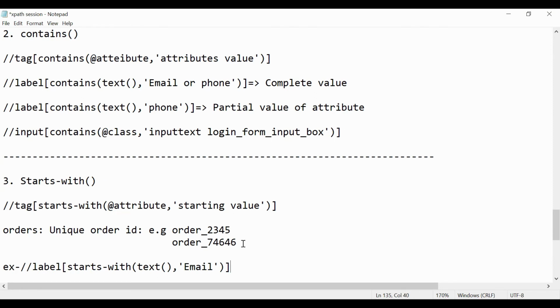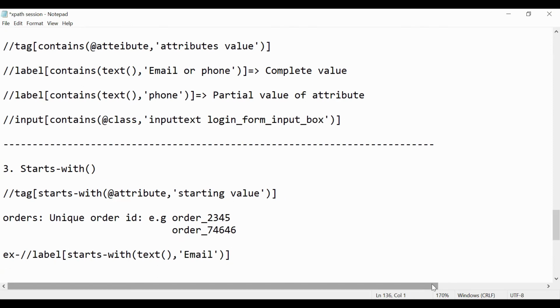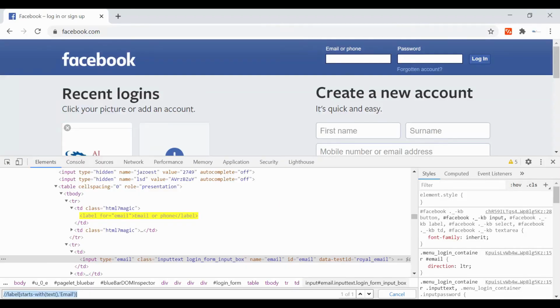Okay, start with the text. You can use the attribute also. So let me paste this example as well.